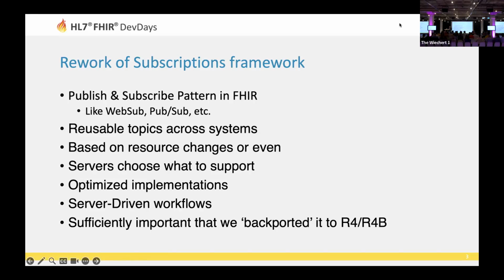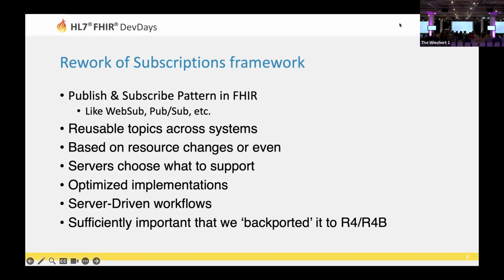And also based on experience with PubSub in other frameworks, the key change is to move topics to their own thing, and so move all the heavy engineering into a more controlled space, and let people subscribe to topics and just have more control over how the content of the subscriptions is distributed. And so it leads to more optimized implementations.